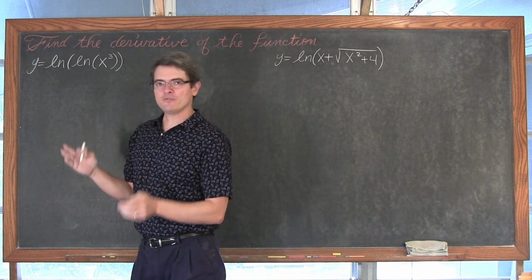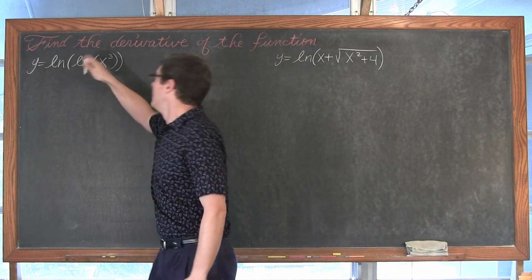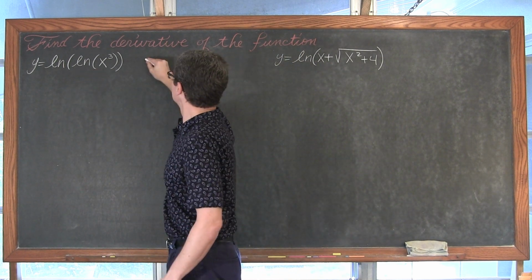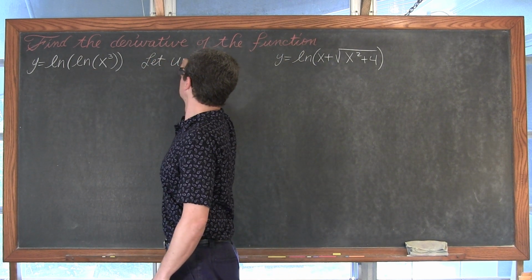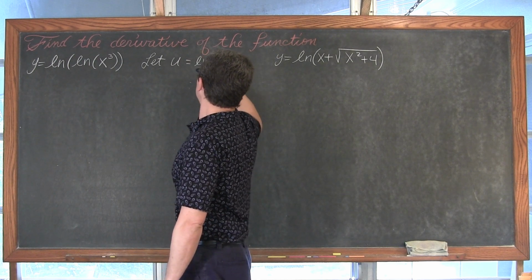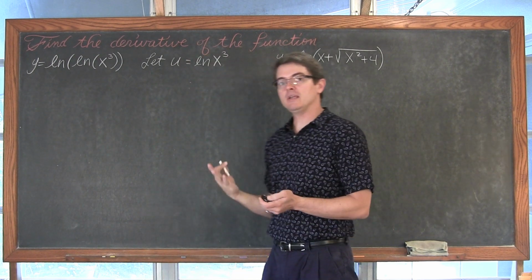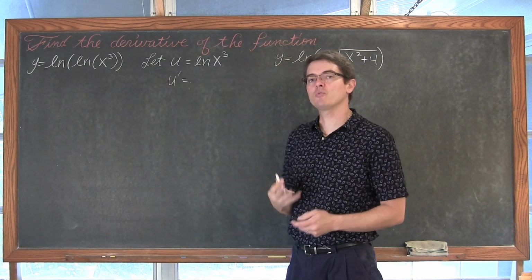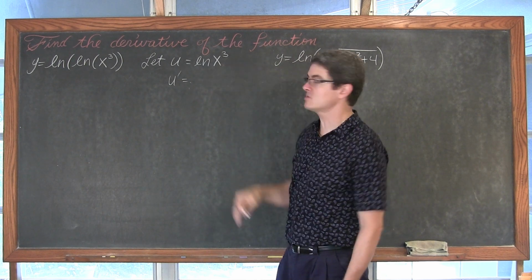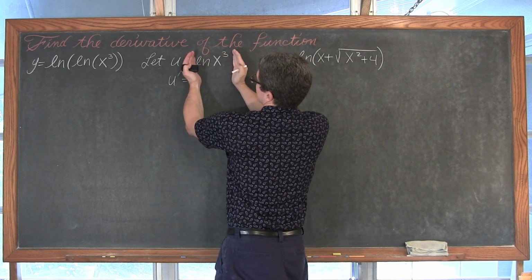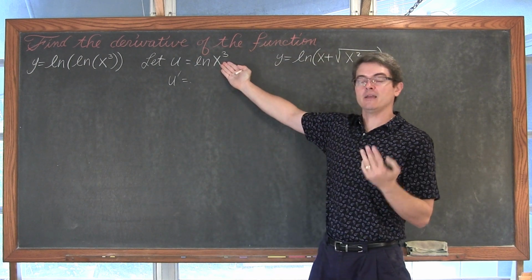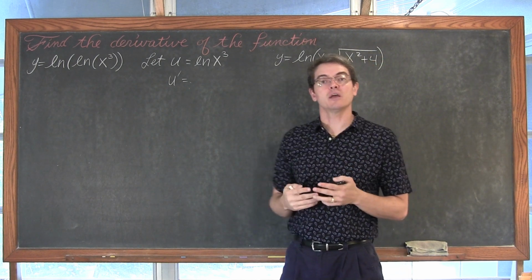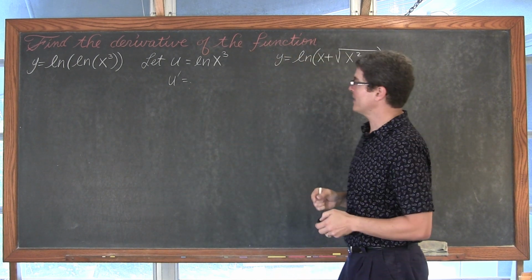Over here, it seems a little funny that we have the natural log of x cubed, but that just simply means that our inside function is going to be the natural log of x cubed. And hopefully at this point in the video, you can look at this with the pattern and identify what u prime is. If you still need that u substitution, you can focus on this as your own separate little problem and say, maybe, let my inside function w be x cubed, and then w prime is 3x squared, and just work it out in really small incremental steps that way.